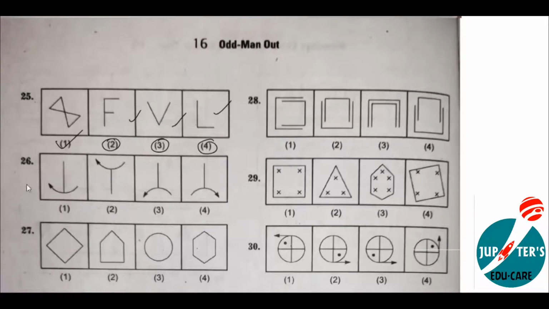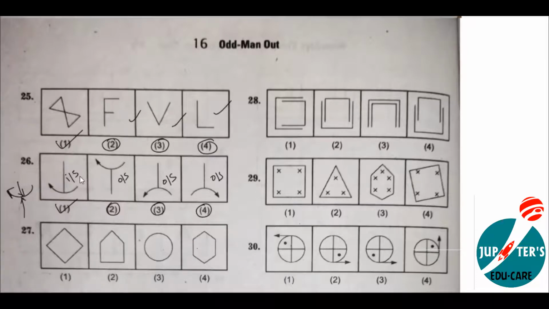26th question. See, consider this figure, students. Let us assume this is outside and this is inside. Okay, understand carefully. So in this first option, this arrow we have inside. In second option, this is outside we consider, right? In third option also it is outside, and in fourth option also it is outside. So in option 2, option 3, option 4, this line we have outside, but in case of option 1 we have inside. So option 1 is our answer.